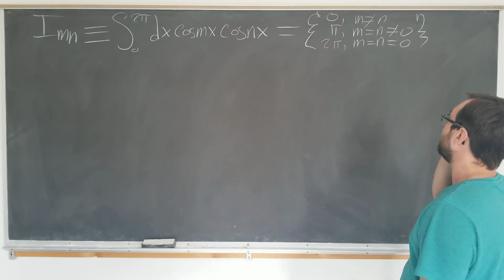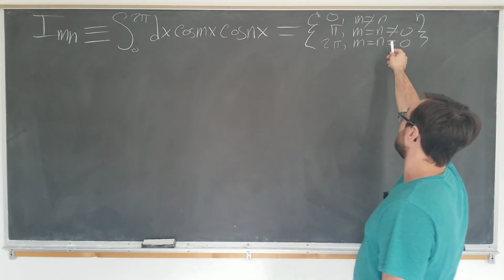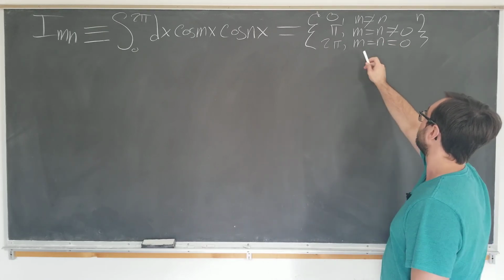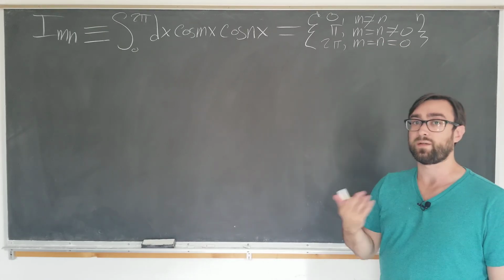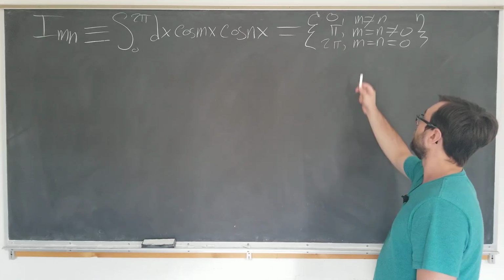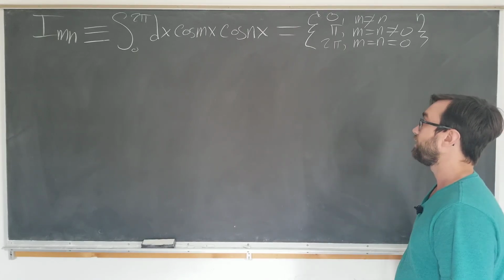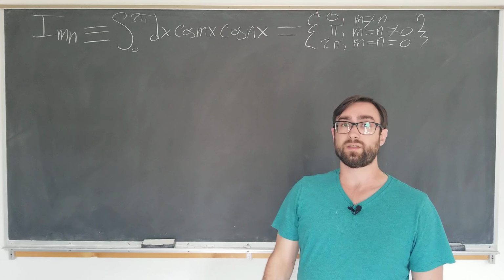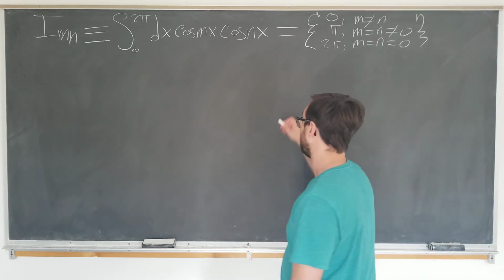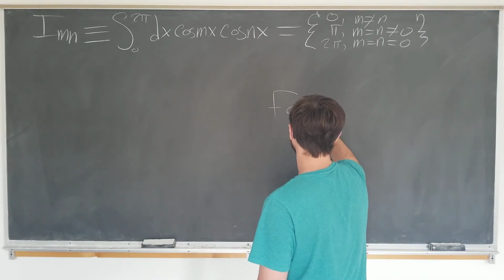The most important case is it's going to be 0 if m is not equal to n, pi if m is equal to n but they're both not equal to 0, or 2 pi if they're both equal and equal to 0. As for the usage of this integral, it comes up when